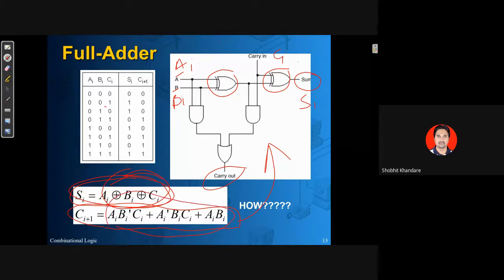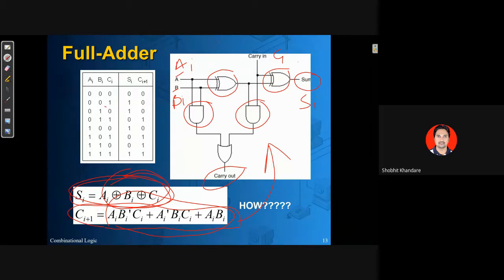So you can cross check. You require 2 AND gates. If you see properly, you require 2 AND gates. One more important thing I need to tell you.